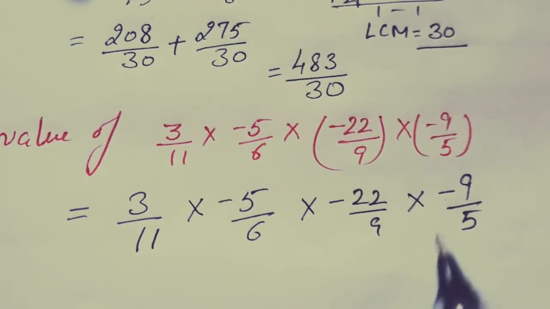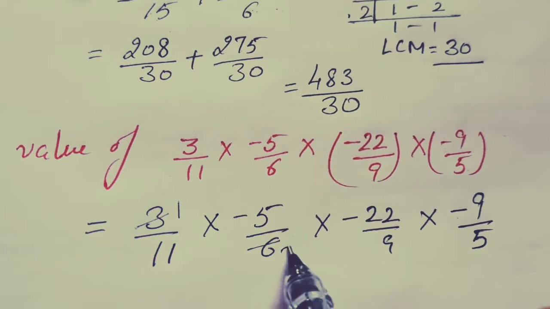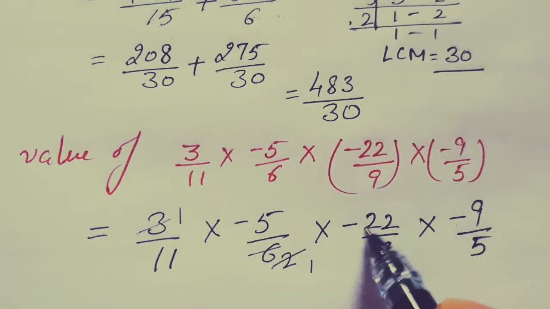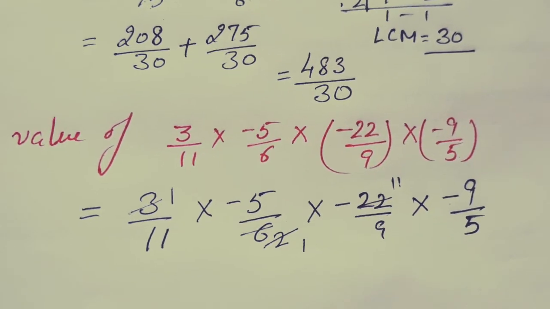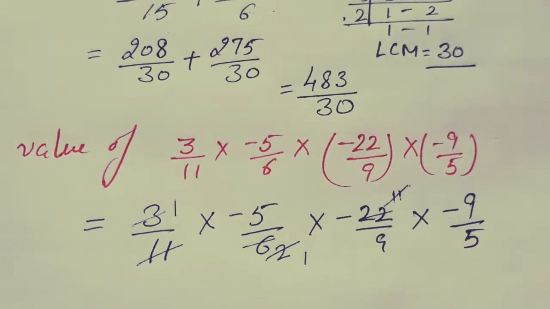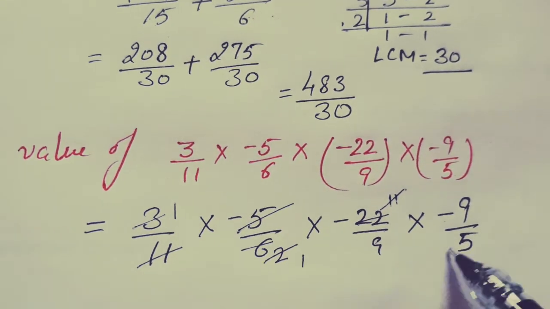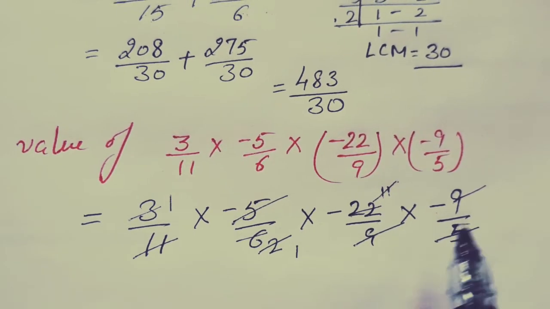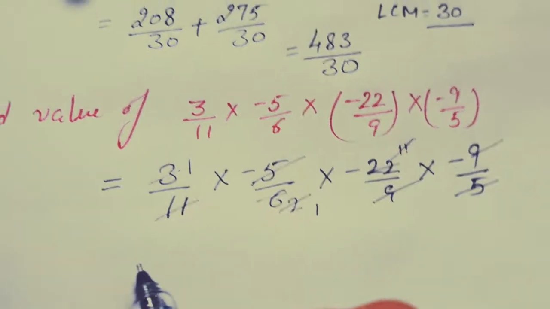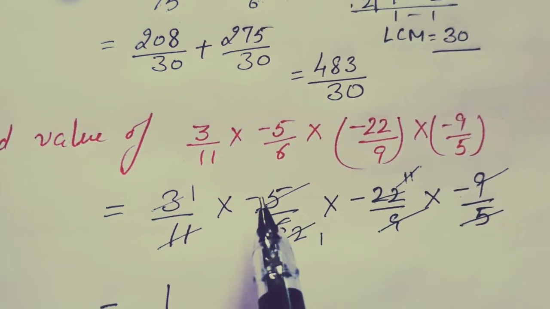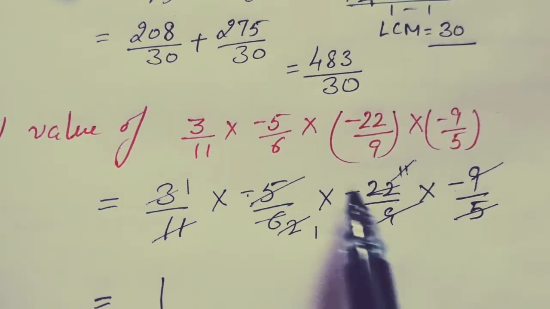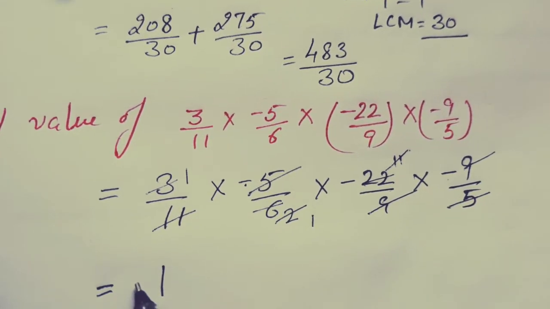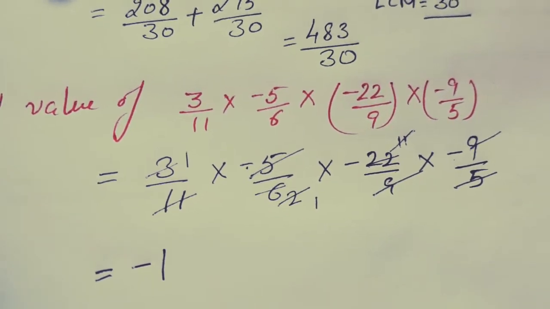First of all we will do the cancellations here. See, 3 1s are 3, 3 2s are 6. Now this 2 can be cancelled out with this 22. 2 1s are 2, 2 11s are 22. Now this 11 and this 11 they can cancel out. Afterwards this 5 can cancel out with this 5 and this 9 can be cancelled out with this 9. So we are left with nothing in numerator and denominators except 1. So the answer will be 1 here. Now check out the negative signs. This is 1, 2, 3. So negative signs are 3 in number, means odd number. So here will be minus 1.